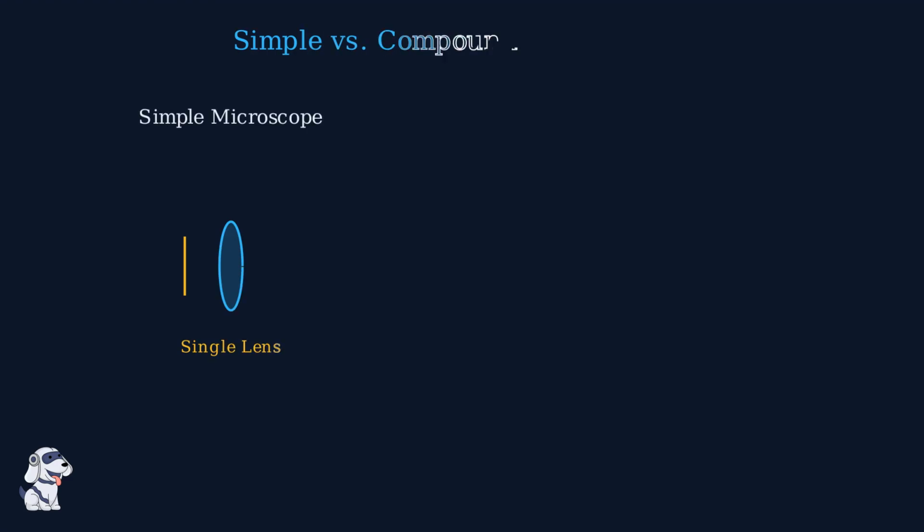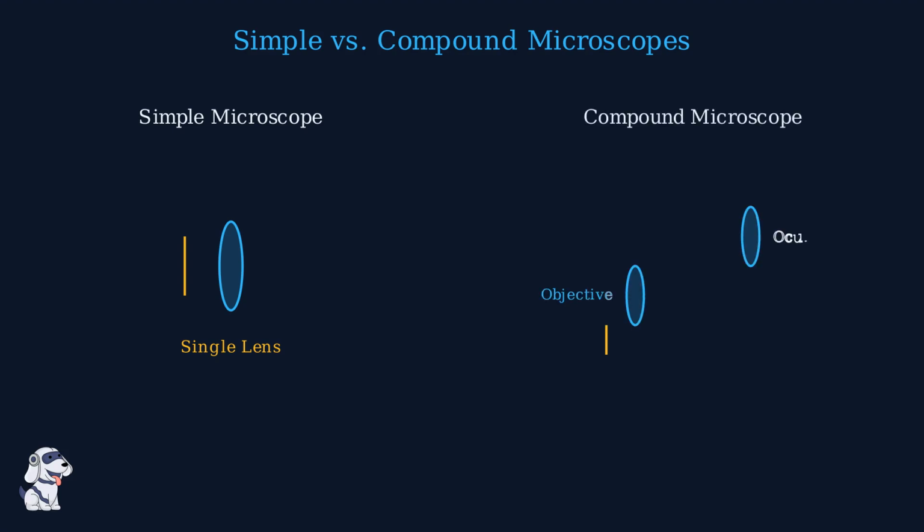A simple microscope utilizes a single convex lens to magnify an object, functioning much like a high-powered magnifying glass. The light rays pass through one lens, creating a virtual enlarged image. In contrast, a compound microscope employs a two-stage system. The objective lens gathers light to form an intermediate magnified image, which is then further magnified by the ocular lens